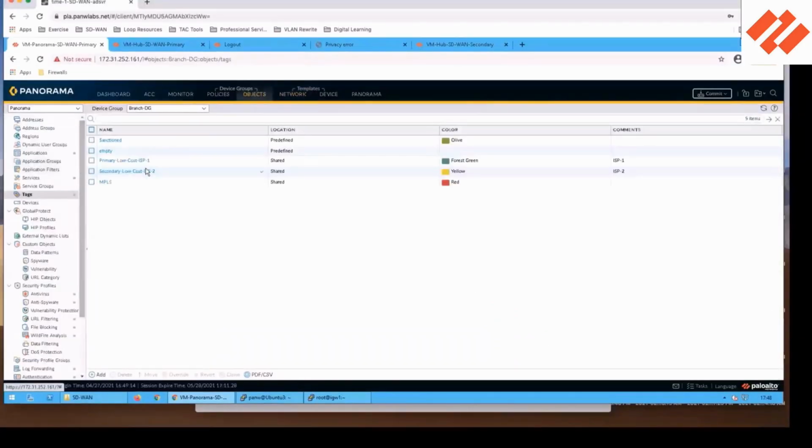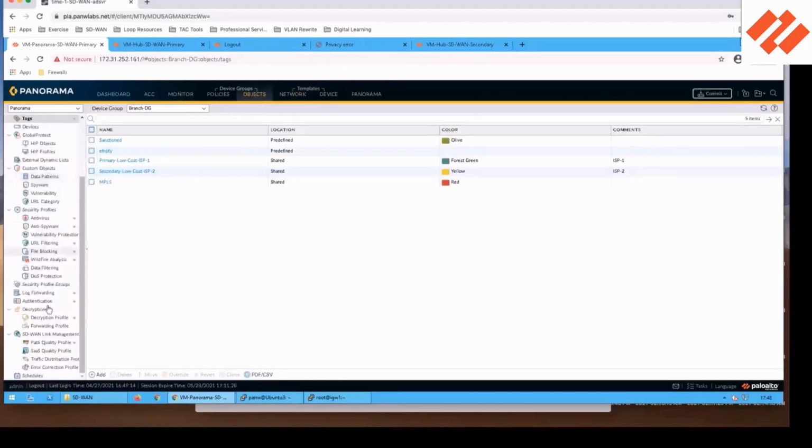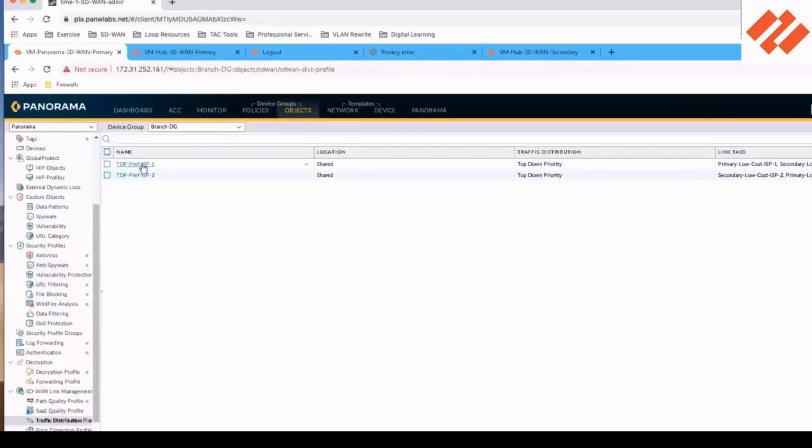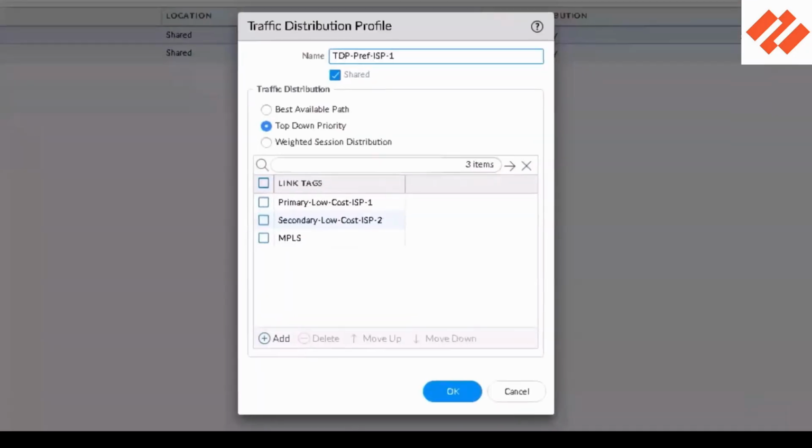Step 2, what did we say? It all begins with the tags. We have those tags. Those same tags are associated with a traffic distribution profile. We can have multiple traffic distribution profiles which dictate how we want to distribute traffic for a given application. For this one,